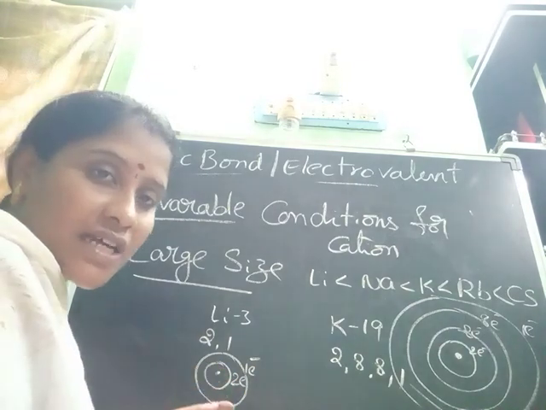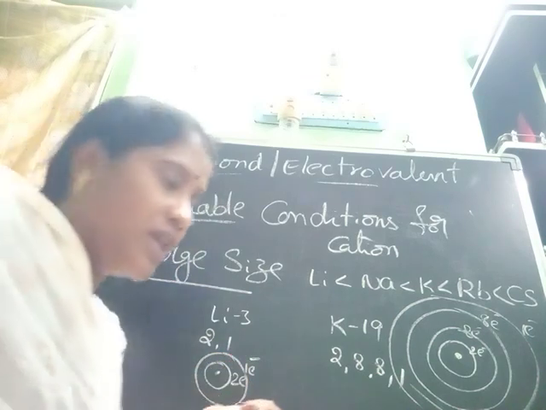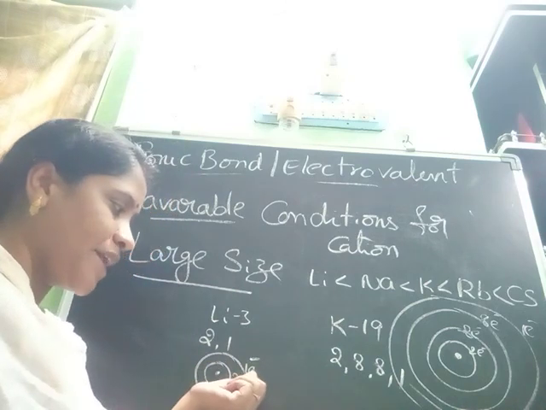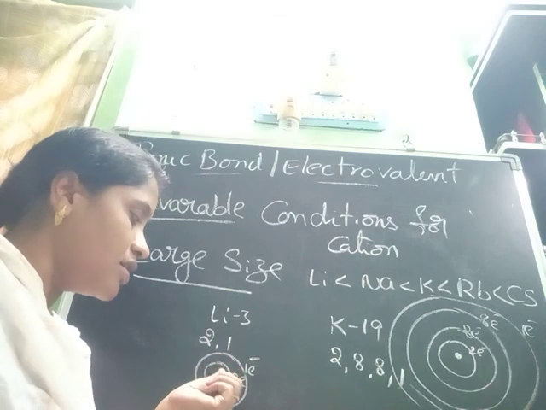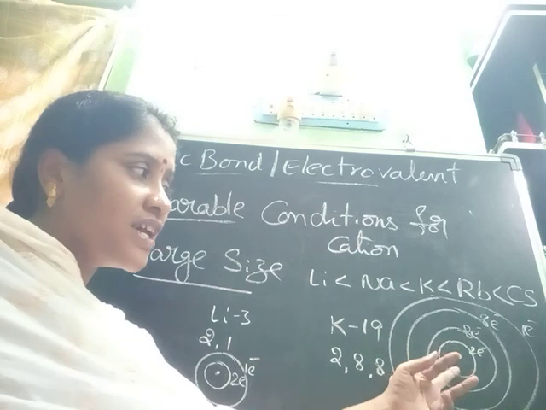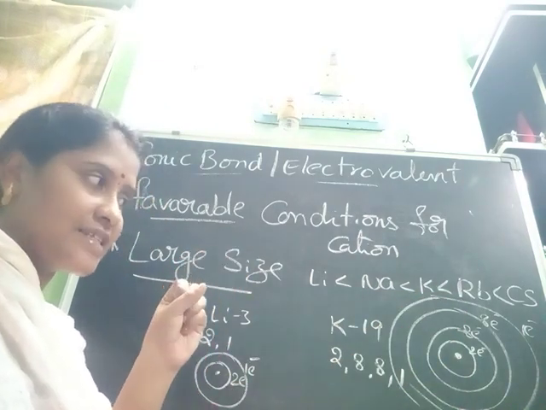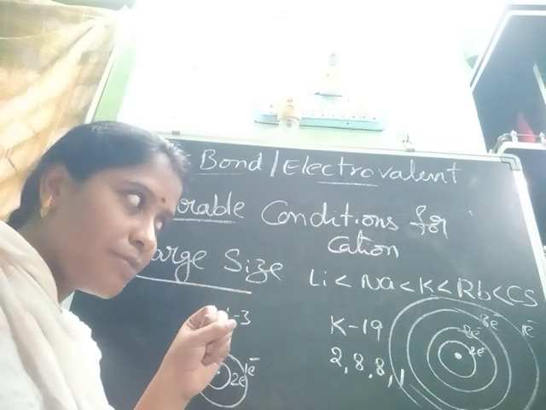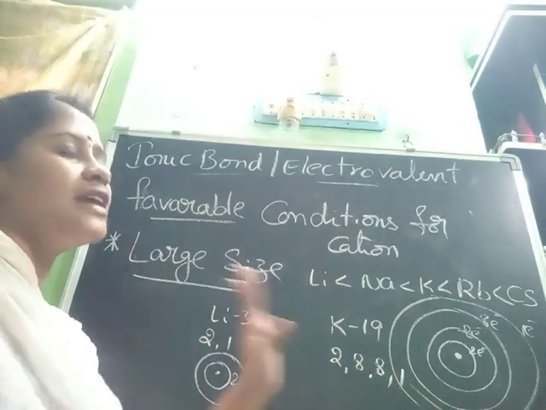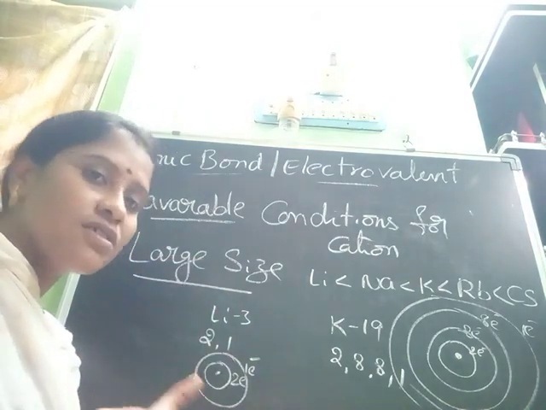If it contains a small size, means what? The attraction between the nucleus and the outermost electron will be more. This is the nucleus. The nucleus contains the positive charge, and here it contains only 2 shells. So here the attraction will be more. Compare that to potassium: here between the nucleus and the last shell's 1 electron, the attraction will be less. That means the nuclear attraction will be less there, and here the nuclear charge is high. So potassium can give the electron more easily than this. So if the size is increasing, the cation capacity also increases.